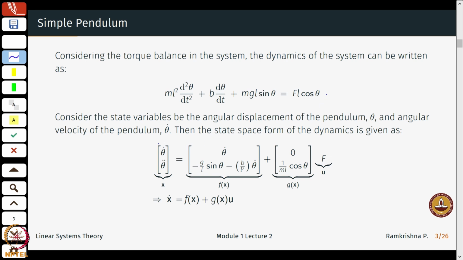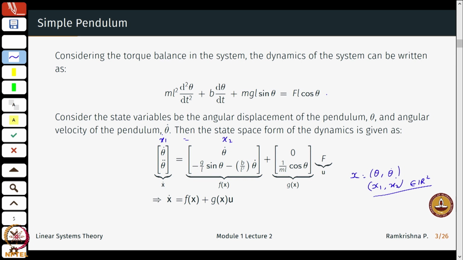Okay, so just writing down in the state space form. So my states here would be in 2 dimensions. So x would be theta and theta dot, right? So this x1 and x2, if I may call, belong to R2. Okay, we will slowly familiarize ourselves with notations of this kind. So what I have here is theta dot and theta dot the same. If I write this, it will be x1 dot is x2, if I map theta to x1, theta dot to x2 and so on.